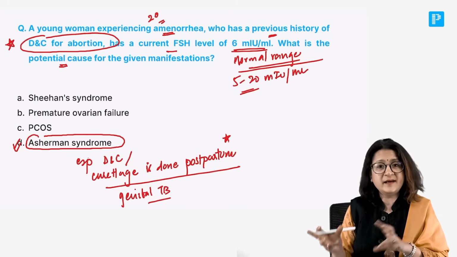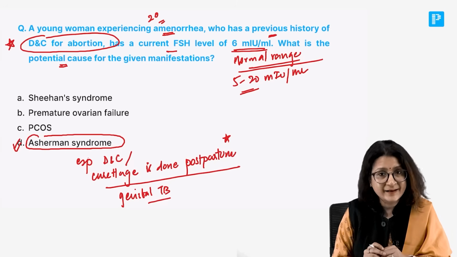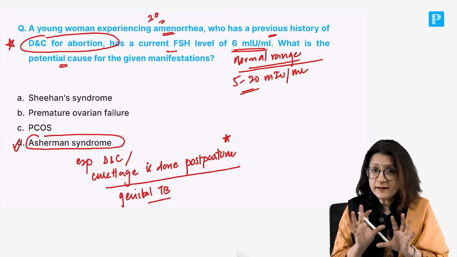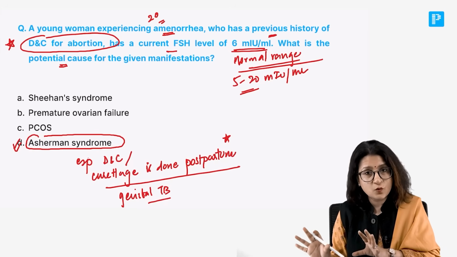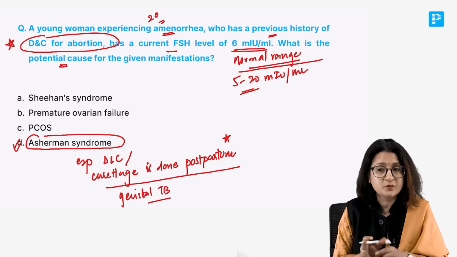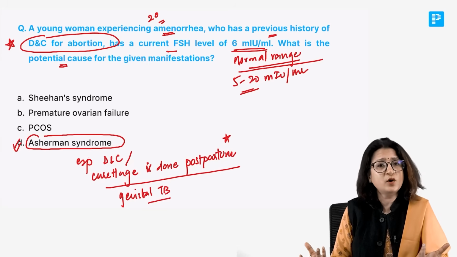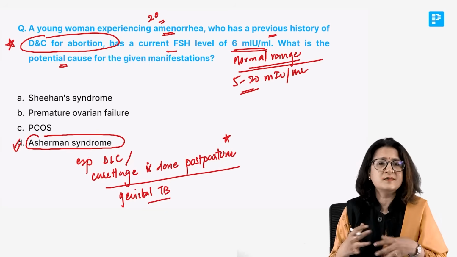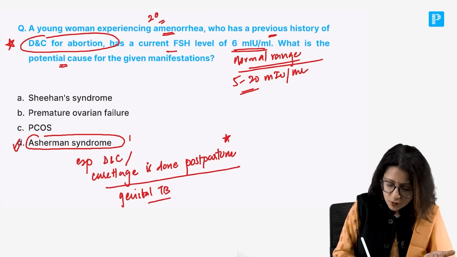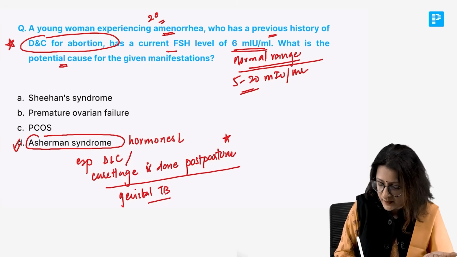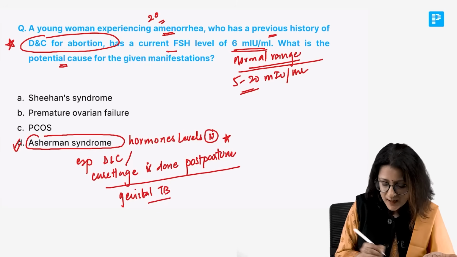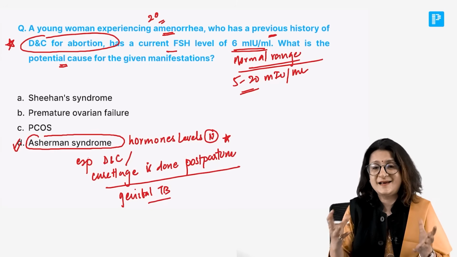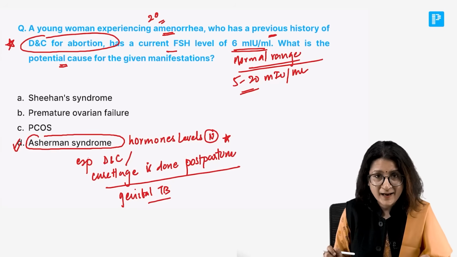Okay, so the problem is with the uterine lining. Nothing is wrong with the hormone production here. Nothing is wrong with the pituitary, hypothalamus, ovaries here. Problem is with the uterus. So why would the hormone levels be abnormal? Hormone levels will be normal. FSH would be normal. Estrogen levels would be normal. So the answer here is Asherman syndrome, which happens when there is uterine synechiae, scarring of the uterine lining,